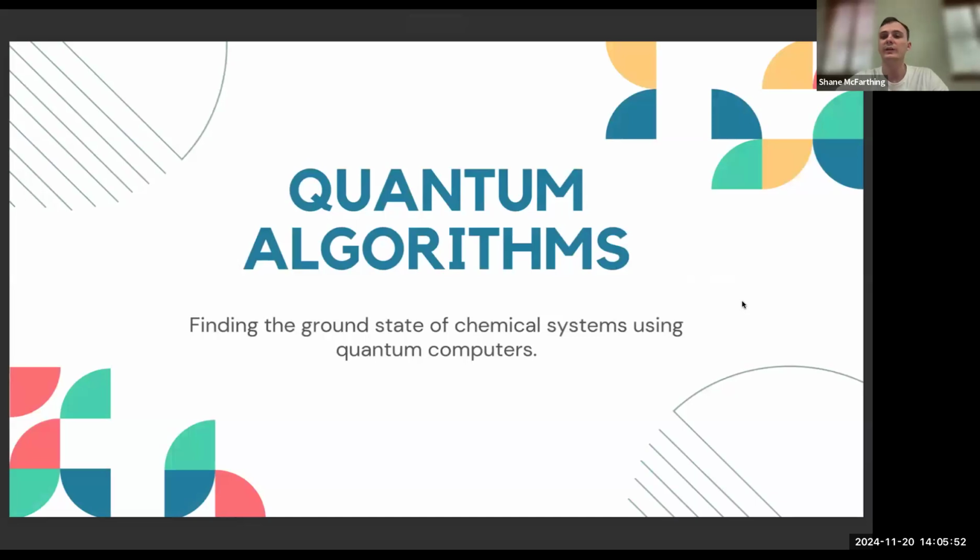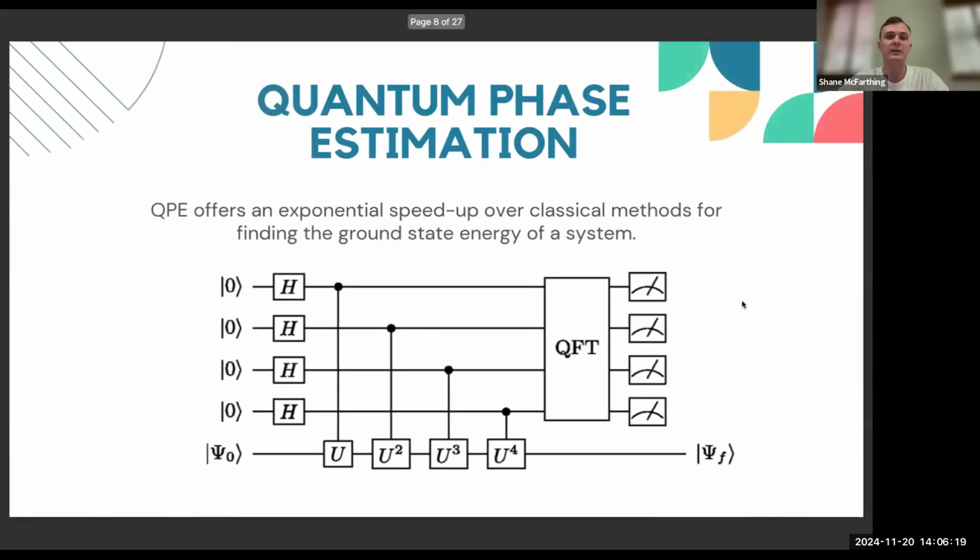So now, if we know that these computers have the potential of exponentially speeding up the solutions for chemical simulations, then we have to actually design algorithms that are capable of leveraging these capabilities from the devices. So in this lecture, we're specifically focusing on algorithms that are capable of finding the ground states of these chemical systems. And the first one that we're going to take a look at is the quantum phase